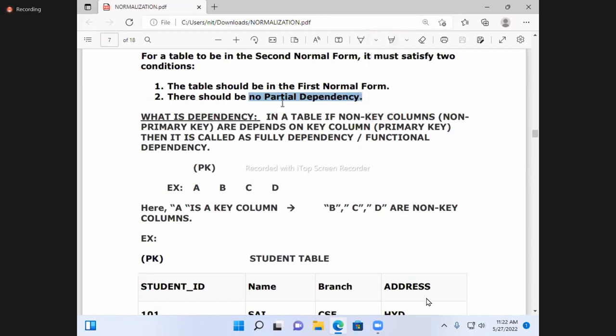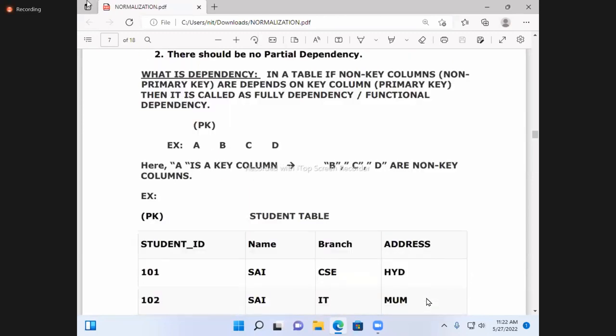But before you understand what partial dependency is, we first need to get some idea about what dependency is. Now let me read. I think all of you got this document now? So what is dependency here, observe. In a table, if non-key columns, what is meant by non-key columns? In the bracket I have given non-primary key column. So a non-key column is nothing but a non-primary key column. So if non-primary key columns depend on a key column,